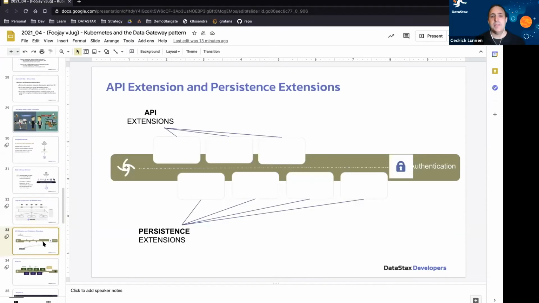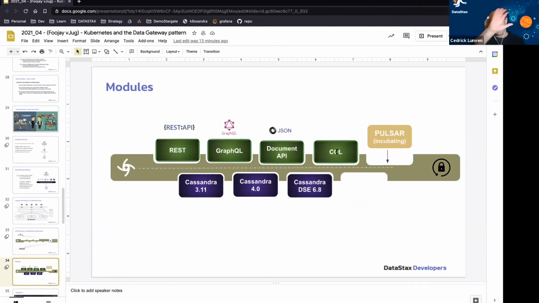So Stargate, again open source, stargate.io, is a proxy with API extensions to be able to expose multiple APIs: REST, GraphQL, and also a document API. I will demo that to you. I told you that in Cassandra you insert rows and tables. With this API, you can now interact with Cassandra using JSON, Cassandra Query Language, Pulsar, Kafka, gRPC, all incubating. And as a persistence layer, as of now, three versions of Cassandra,